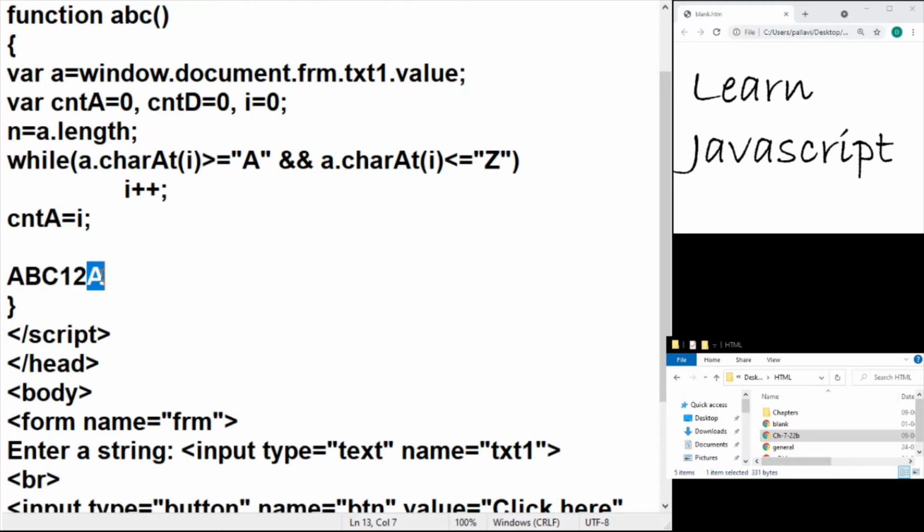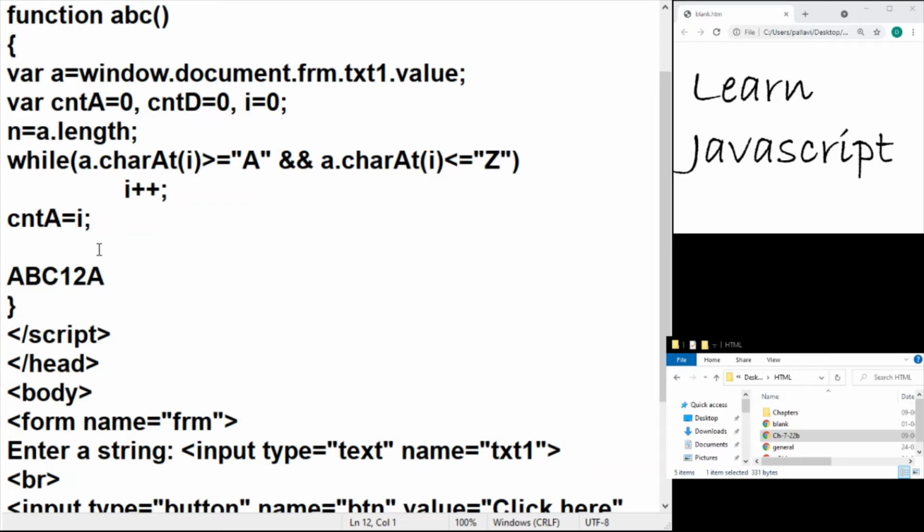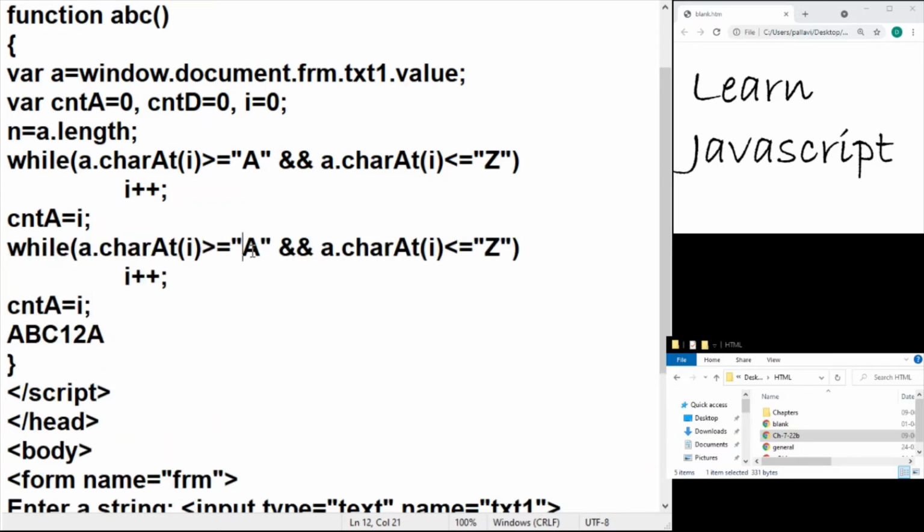So I'm going to apply the same logic. So 5 would indicate the non-digit character. What is 5? 5 is 3 alphabetic characters plus 2 digit characters. So 5 minus the counter of how many alphabet characters will give me how many digit characters are there. I'm going to copy and paste the same thing again, but this time instead of checking A to Z, I'm going to check whether it is 0 to 9 or not.